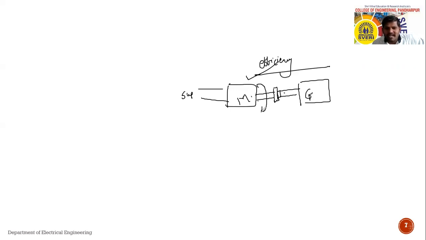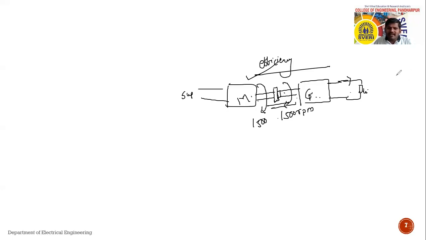If the motor starts rotating at about 1500 revolutions per minute, the generator also starts rotating at 1500 revolutions per minute, because there is a direct coupling. On the output of the generator, suppose we have put a resistive load. If we increase the load, the current taken from the supply increases. Similarly, the generated EMF, the speed, as well as the output of the motor will change.